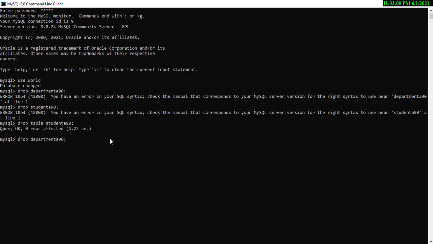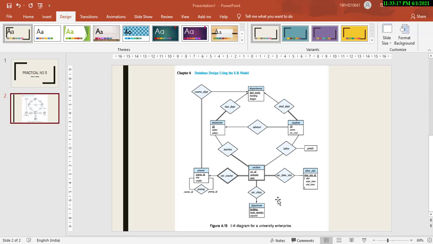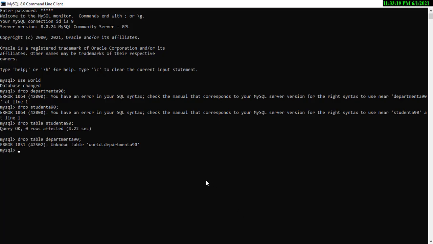I'm dropping all the tables, and once again we will be creating them. Department does not exist here, so then student, instructor and section.